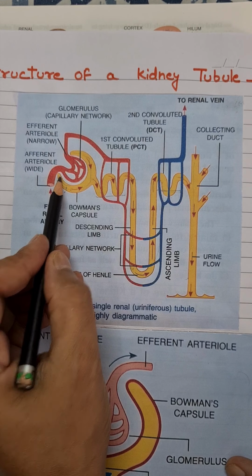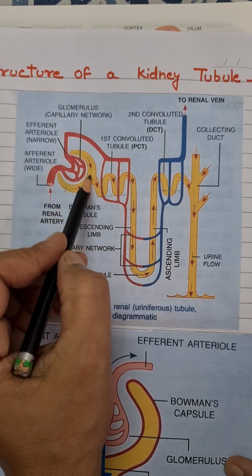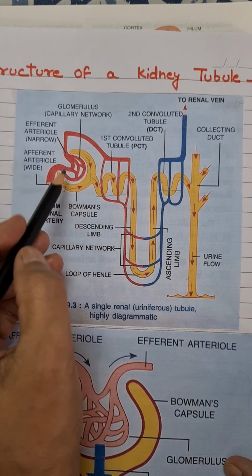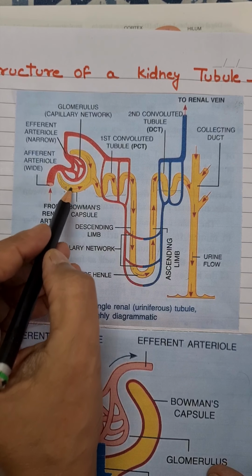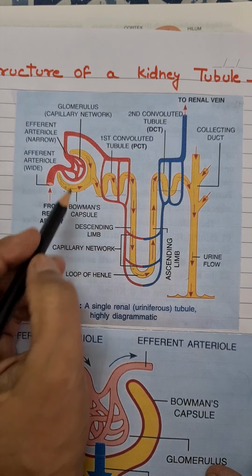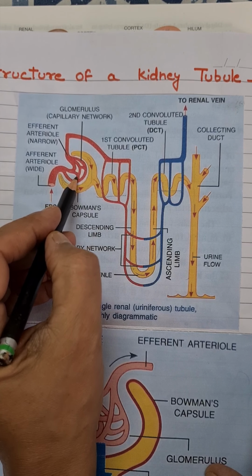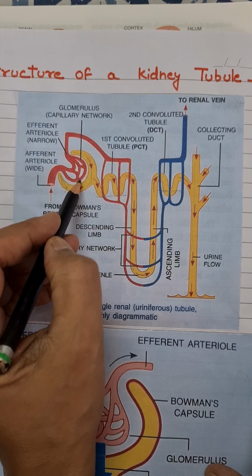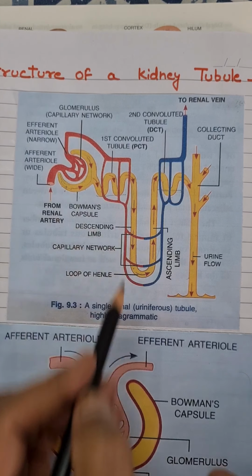It is thin walled, made up of single cell thick epithelium. Here only one layer of epithelial cells is present, so it is a very thin walled cup shaped structure which is present at the front part of the nephron or the kidney tubule. Now this depression which gives it a cup shape appearance, here a tuft of capillaries is present which helps in filtering urea or other nitrogenous waste from the blood, and that tuft of capillaries is called glomerulus.